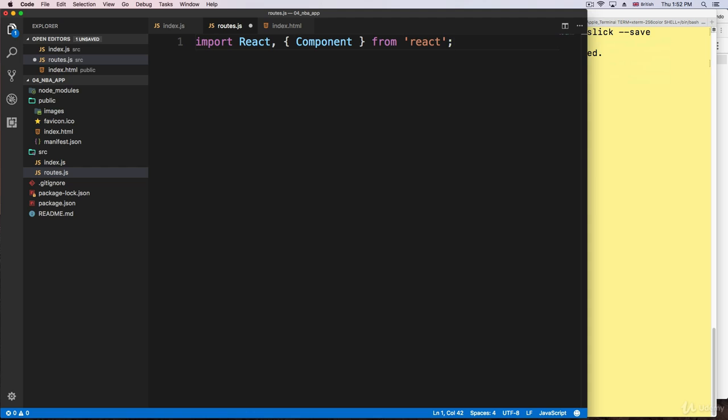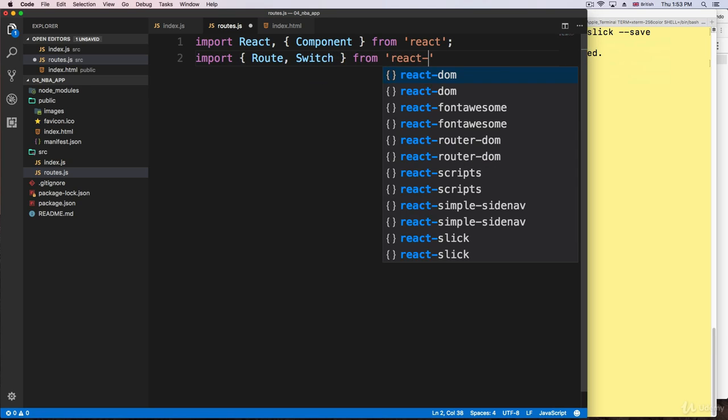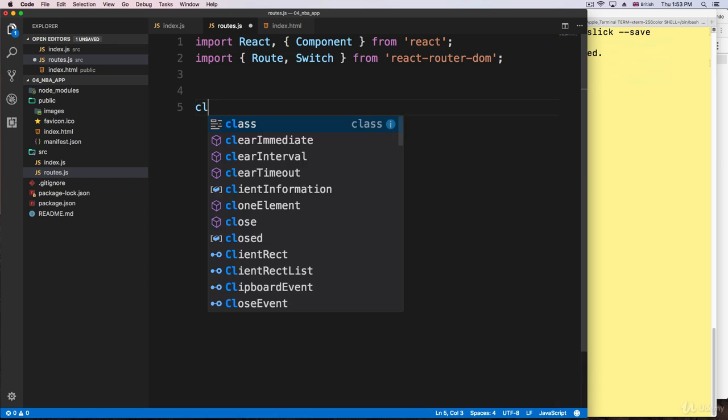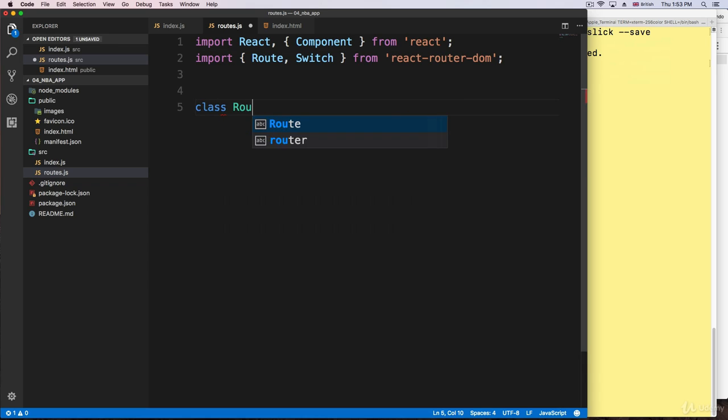What else? Since we're going to be using routes, we need to import something from React Router DOM. So I'm going to say import, and then I'm going to bring Route because we're going to be passing routes, and we're going to be using Switch, just like we did before. And it's going to be from, and then of course react-router-dom, just like that. Looks nice. Now I'm going to create a class, and it's going to be called Routes. And this class is going to extend